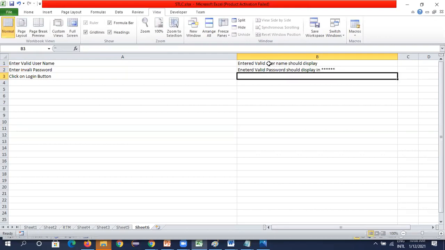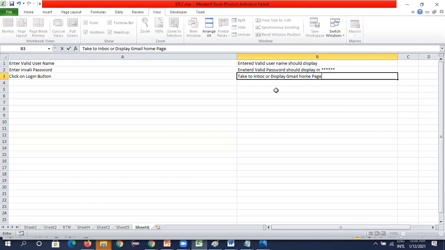When you click on login button, what will happen? Take you to inbox, or you can write like display Gmail homepage. Okay, this would be the expected result.